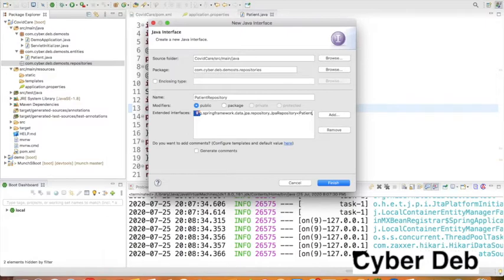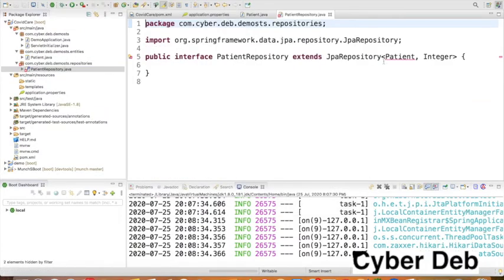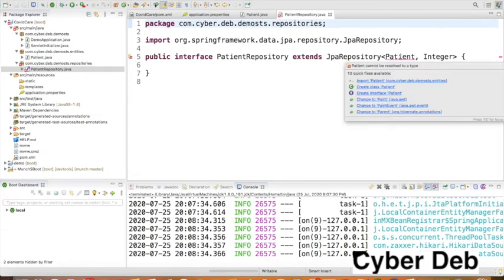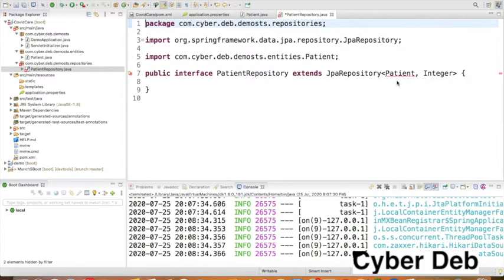Patient, then the data type of primary key is integer. Okay, so let me finish it. So here patient. Let me import the entity which we have created. So patient repository is ready now.